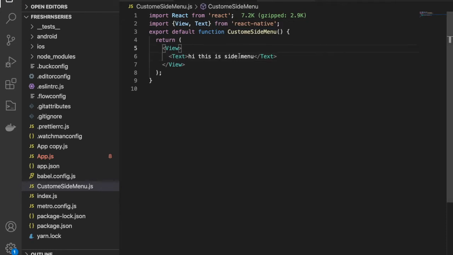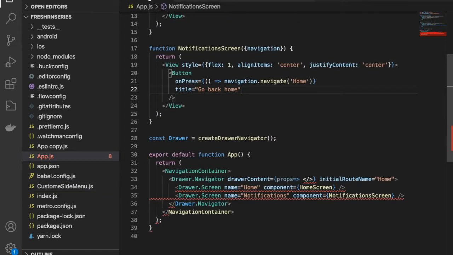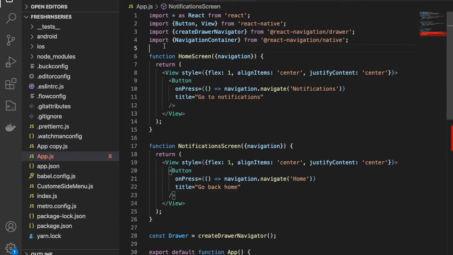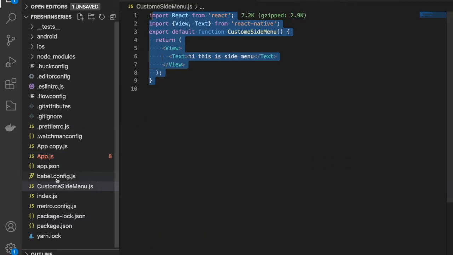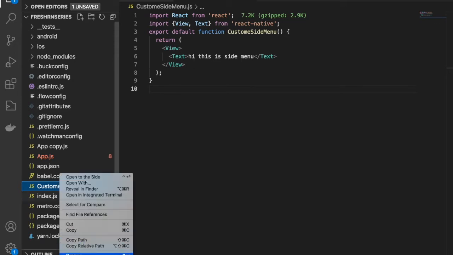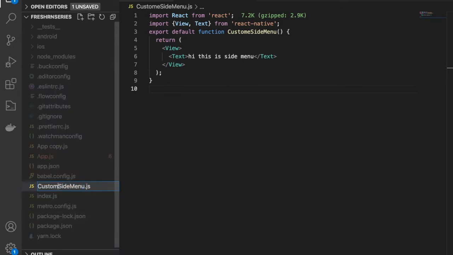Cool. I will not use any style for now. Here I'm going to import my component first, which I have created, this custom side menu, but the name is wrong, so let me make some changes in the name. Custom side menu.